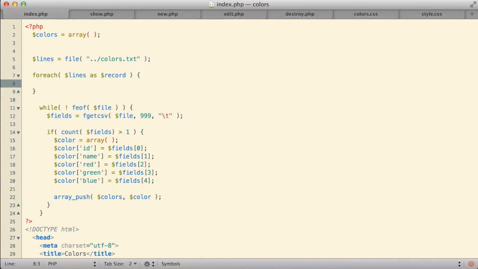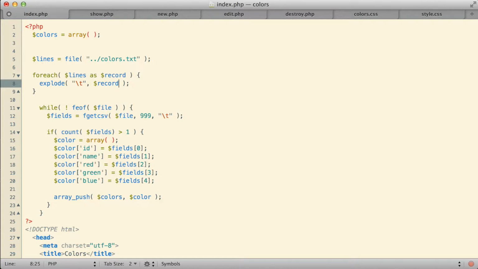This is where the first of our string functions come in. There's a string function that I like a lot called explode. The way the explode function works is you provide it with a delimiter, for example a tab, and then you give it a string that you want to have exploded, like my record variable, for example. The explode function is essentially like a split function that you would see in most other languages.